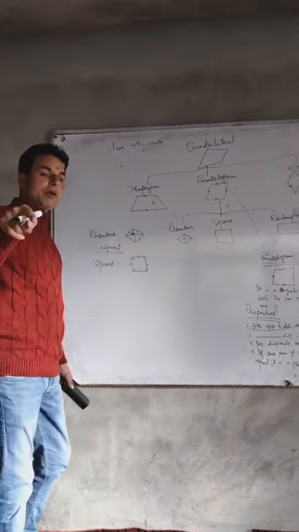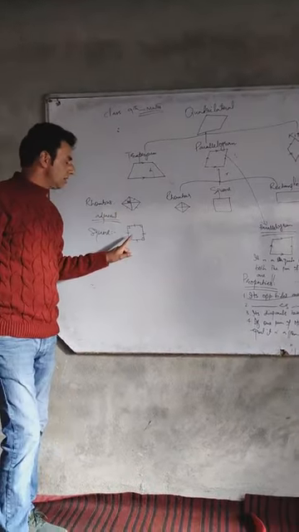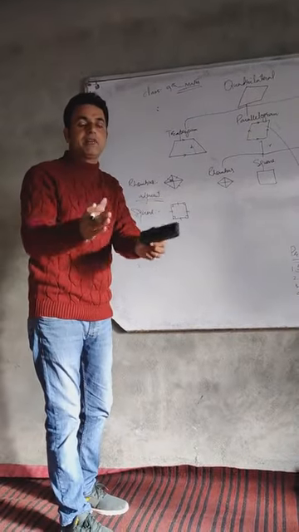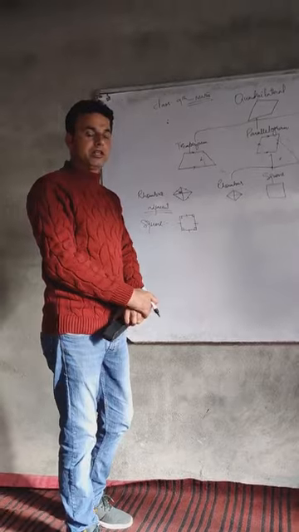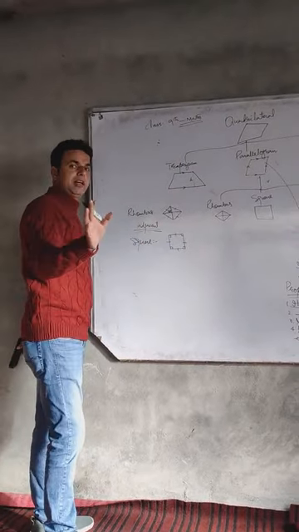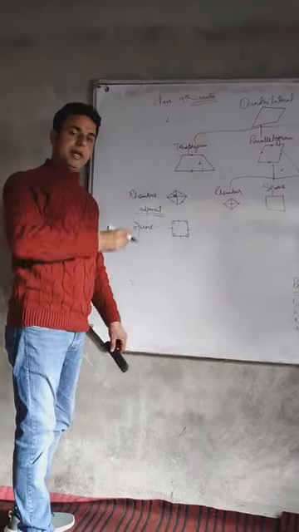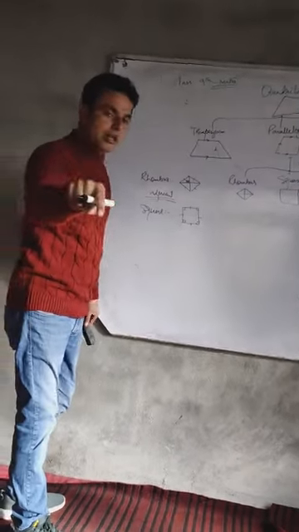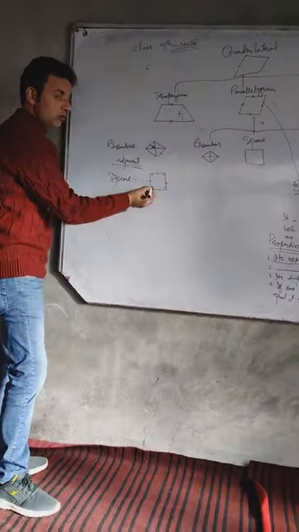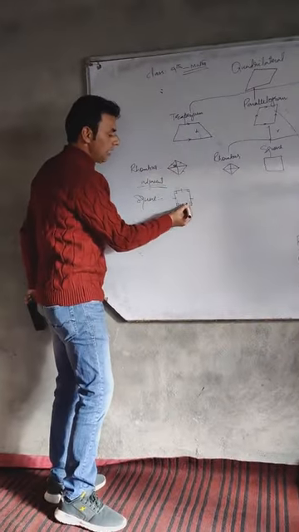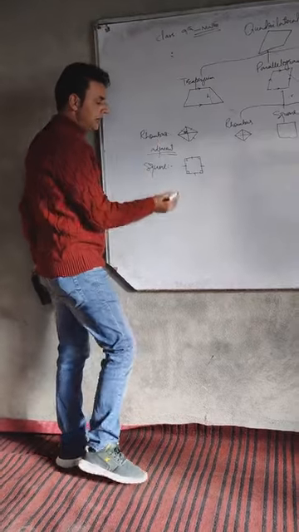Here I will tell you one more thing. So many students say that a square is a parallelogram whose all the sides are equal and all the angles are equal to 90 degrees. No, not all the angles, but each angle. All means the sum of all the angles is 90. Each means every angle is 90. A square is a parallelogram whose all the sides are equal and each angle is equal to 90 degrees.